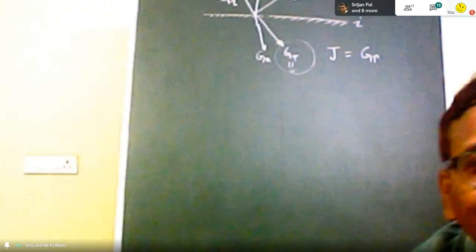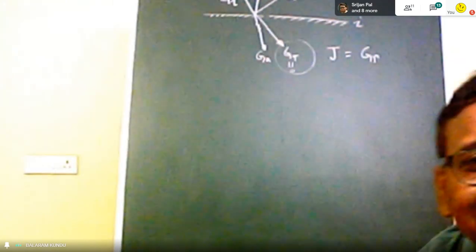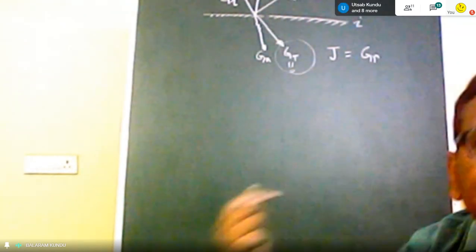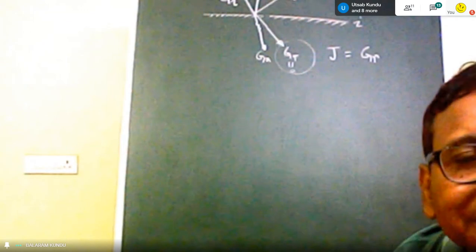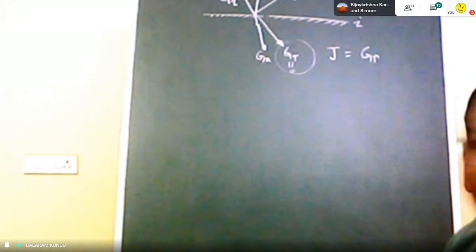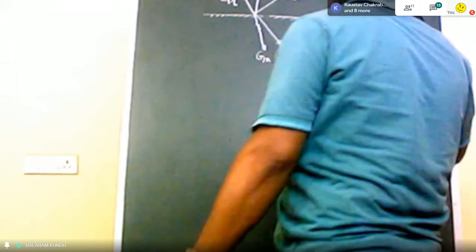But from Kirchhoff's law, we know that absorptivity equals emissivity, which means the energy absorbed should be emitted from the surface, and that energy is leaving the surface. That means another energy should be there. So GR plus the emitted